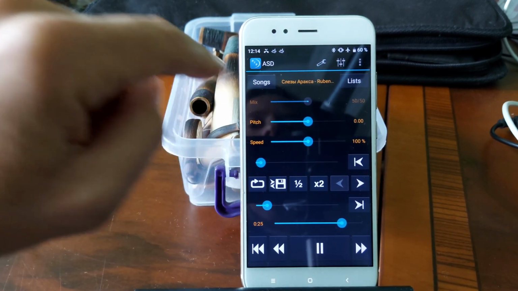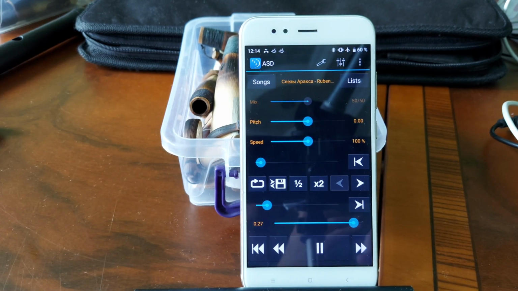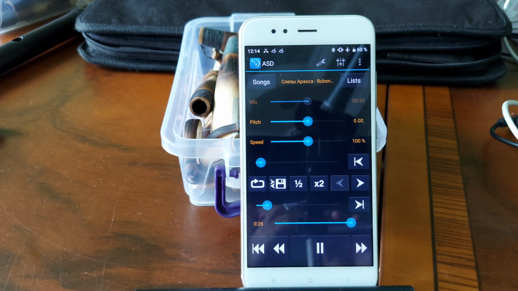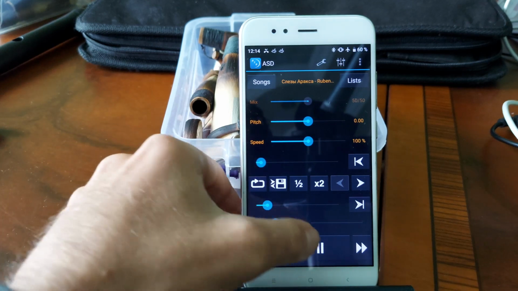Okay, I don't need it anymore on 40%, again 100%. I will try to repeat. It is also simple, like that.